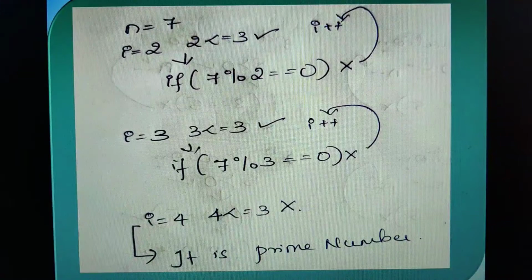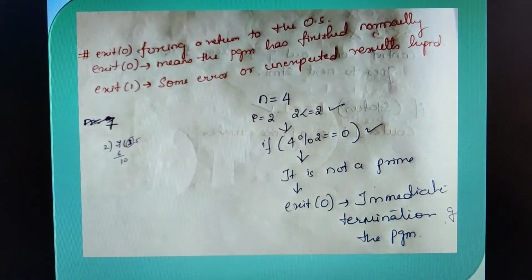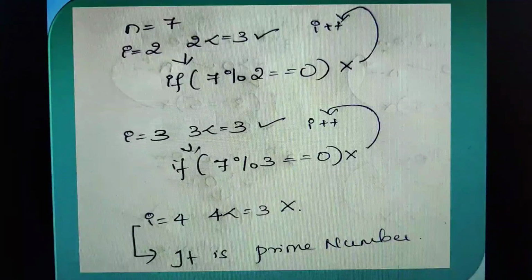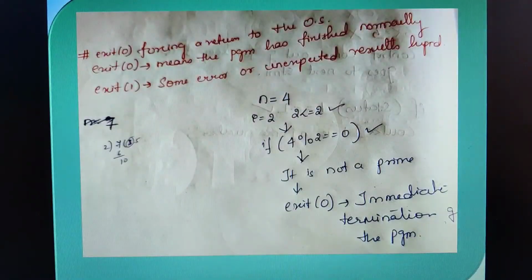Now in this example, if you observe, I have used the exit of 0 as in our previous example. Yeah, here I have used exit of 0. This exit of 0 indicates successful execution. Okay, successful execution. Now let us take the value of n to be 4. Now 4 means definitely its integer divisors will be up to half of that, that is 2 only. So my loop also starts from i is equal to 2.